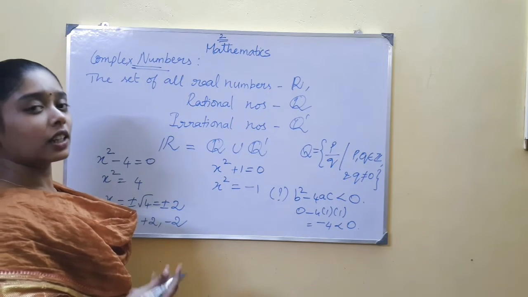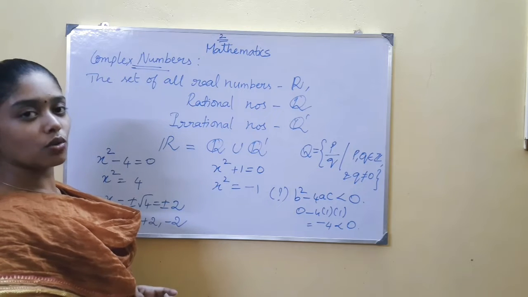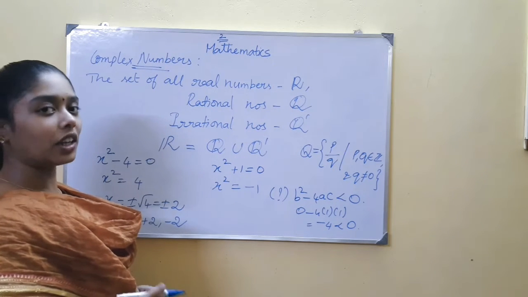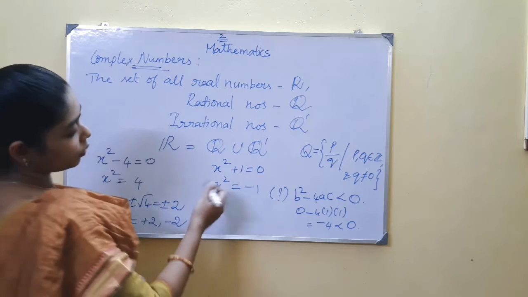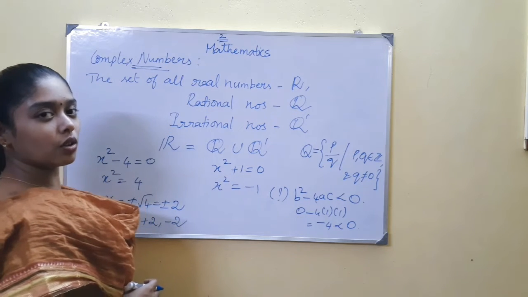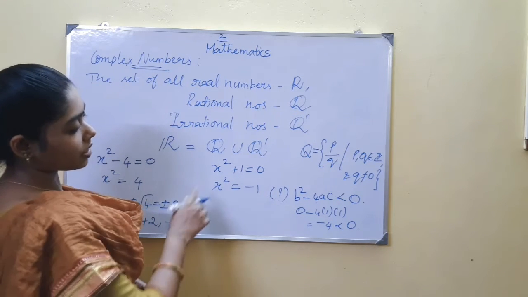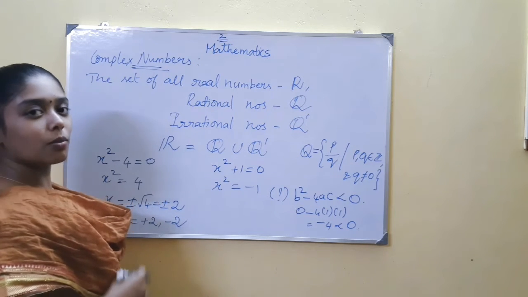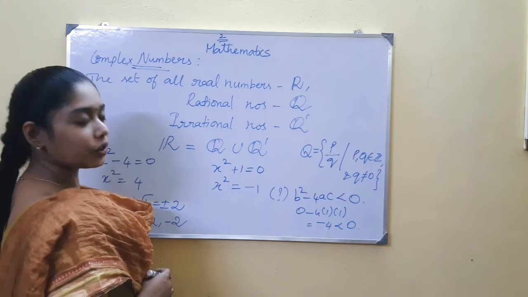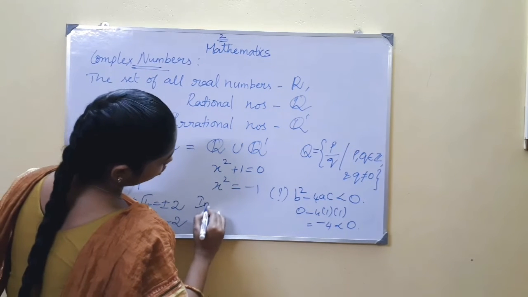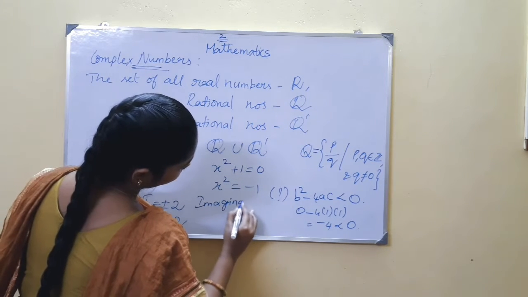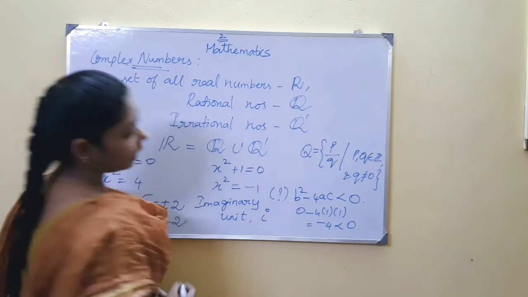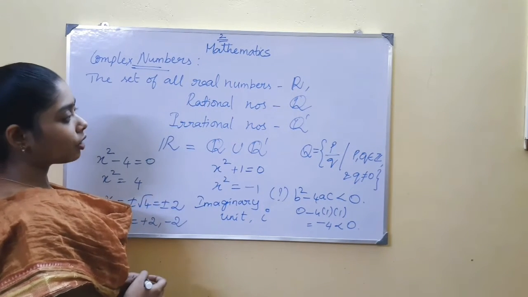I don't say it has no roots. I mentioned it has no real roots. Then it must have a solution, but not in the real number line. So you want to find a solution for this quadratic equation, no? You want to find a number whose square gives you a negative number. It is not possible in the real number line. So mathematicians introduced an imaginary unit that is denoted by i. The imaginary unit is denoted by i.